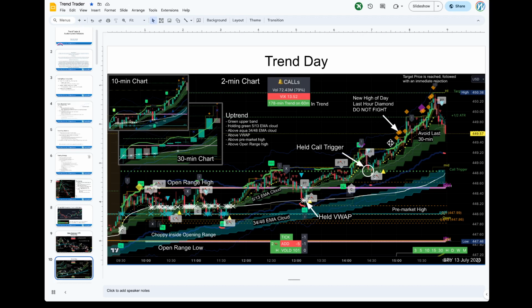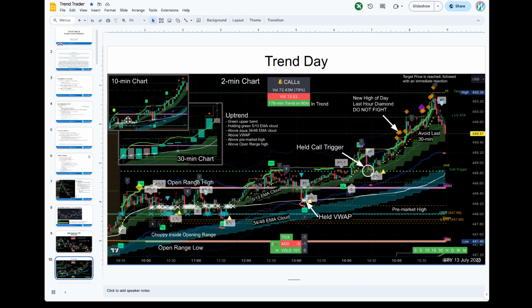So the idea is that you only want to trade with the trend. Now, I'm not saying you shouldn't scalp the opposite direction, but it's a dangerous game, and you're building bad habits. Can you do it? Sure, you do you, okay? The better strategy is to look at this. We see that we're riding the EMA cloud. The EMA cloud is slanted up. It's getting wider. So we're riding it like a wave.